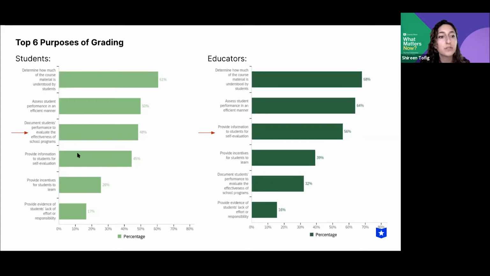While for students, they selected document students' performance to evaluate the effectiveness of school programs, and provide information to students for self-evaluation came 4th on the student list. It's interesting to note that students would see grading as a signifier for their school before they see it as a signifier for themselves.